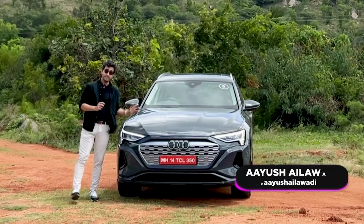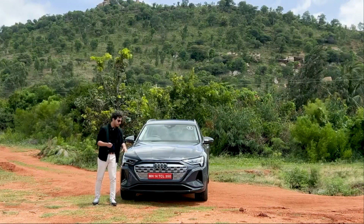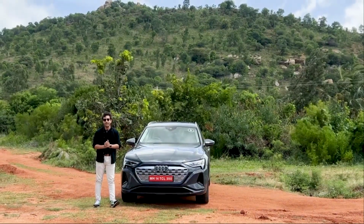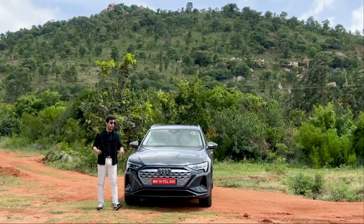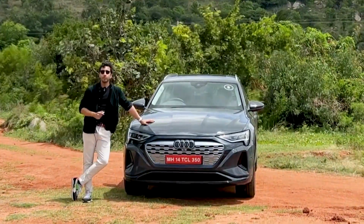Stunning. This EV is with us on Tech Today, and of course, the location. This is the Audi Q8 e-tron SUV, an exclusive first look on Tech Today. We brought you out to the rugged outdoors because we thought this was an SUV which needs to be put